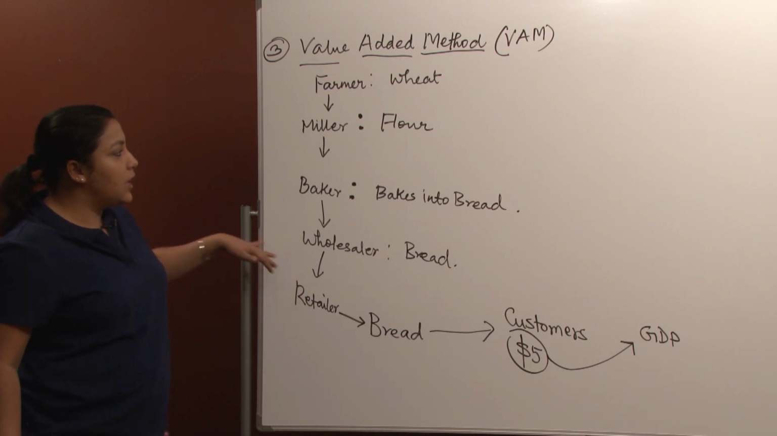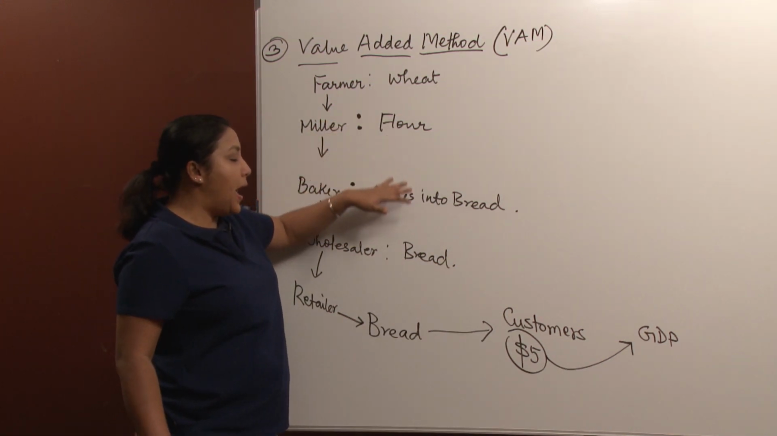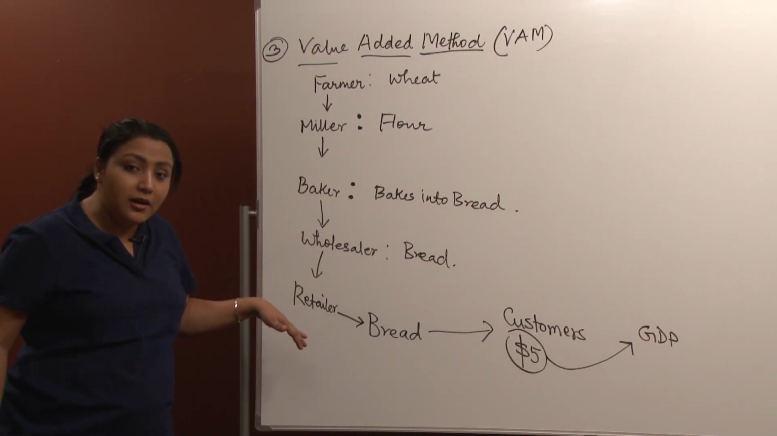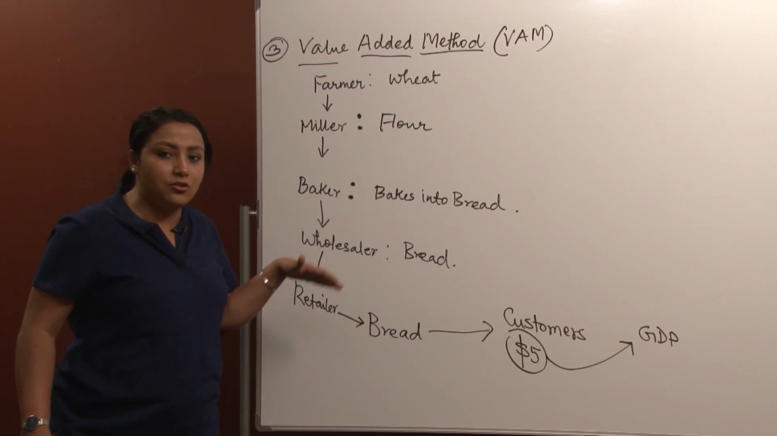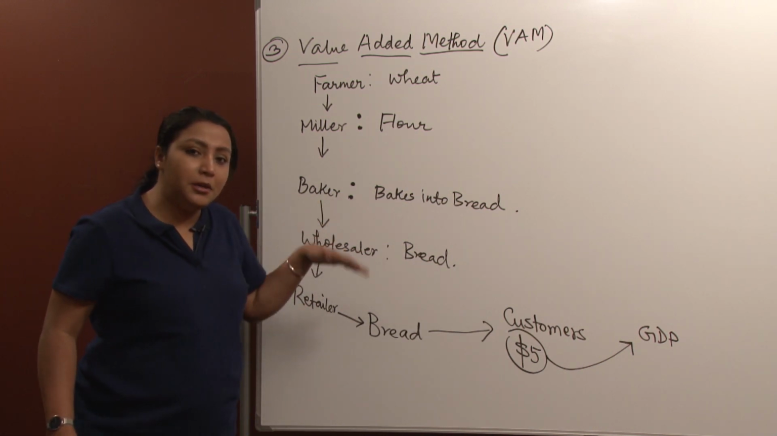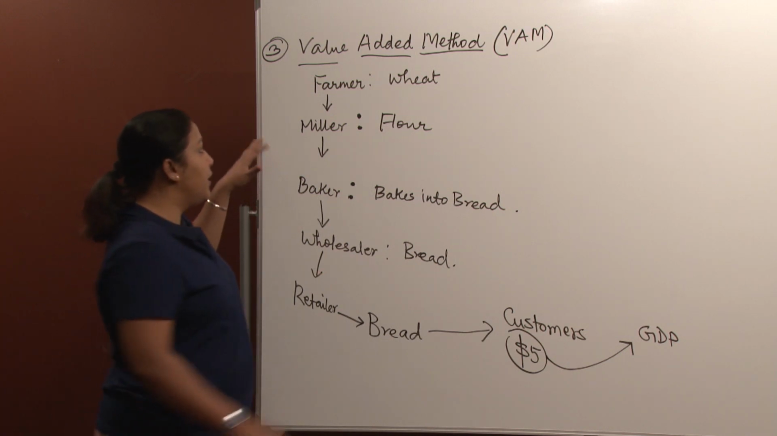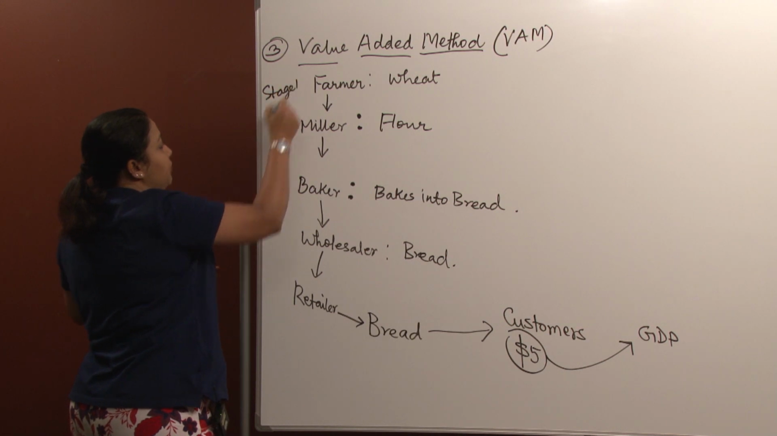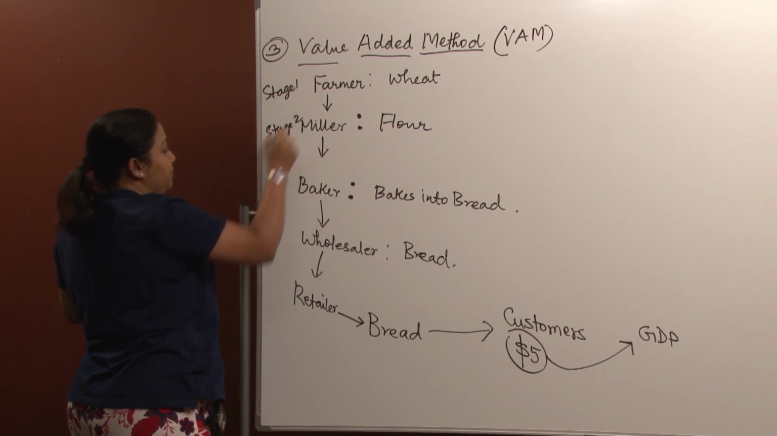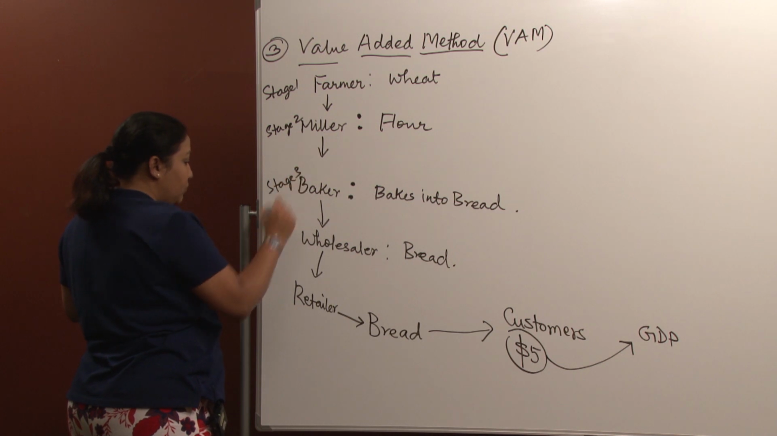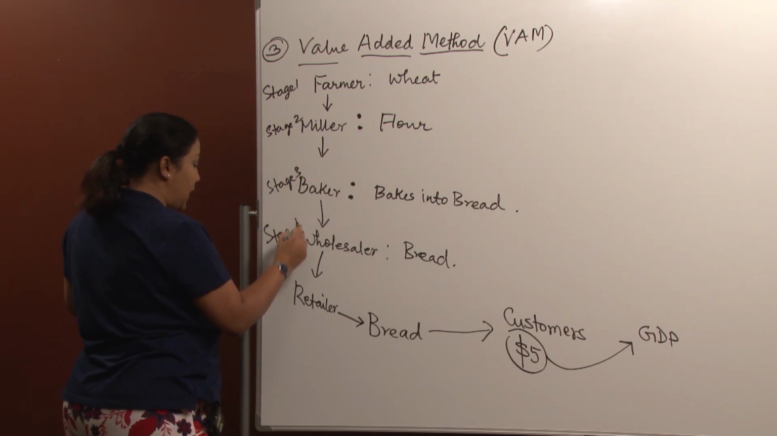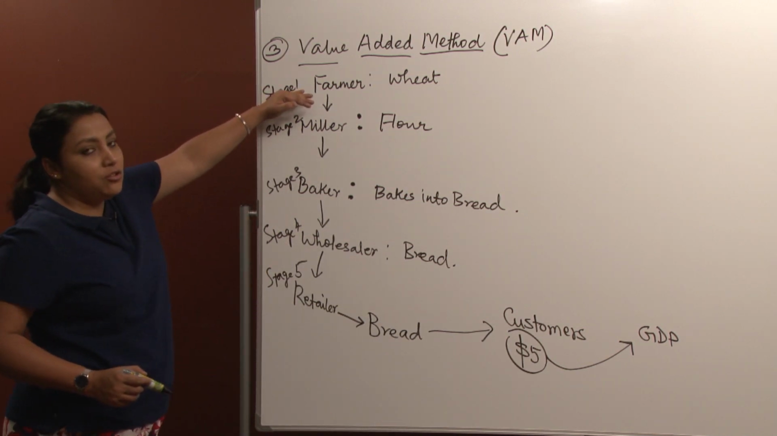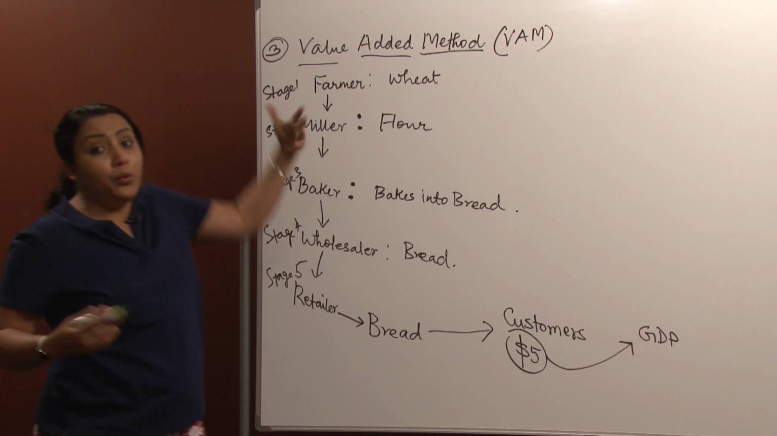Now, please note that the wheat, the flour and the bread that is sold by the baker to the wholesaler and finally to the retailer, these are not final stages of the production. These are intermediate stages of production. However, if you just single out every stage, if you call this stage 1, stage 2, stage 3, stage 4 and so on, if you just single out one stage, then at stage 1 wheat is the final